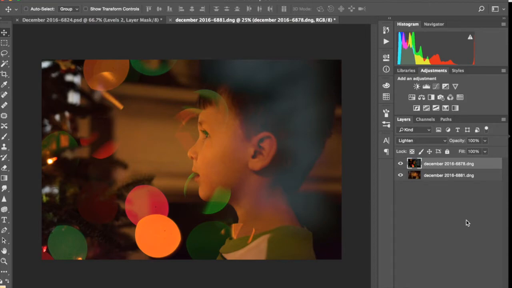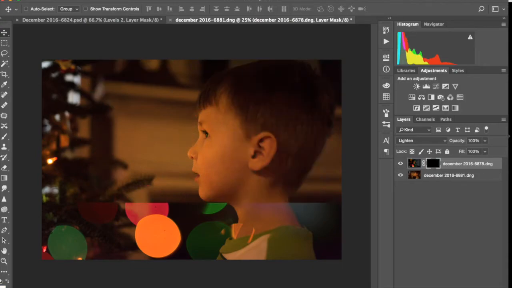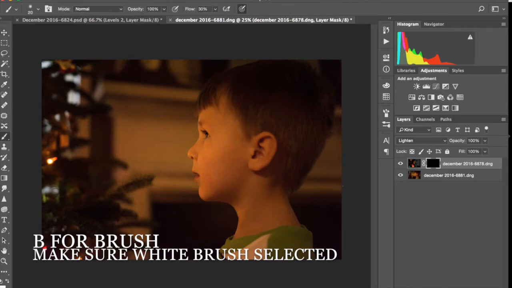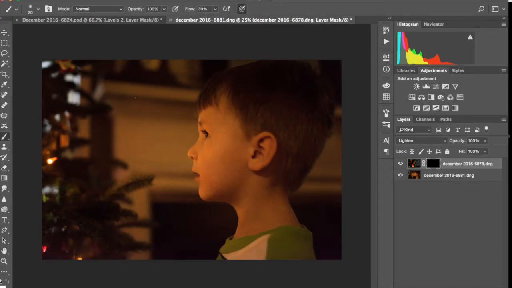I think I'm going to add a mask. I'm going to hold down the Alt or Option key while I click on my mask to bring up a black mask. And then I'm going to hit B for brush. I already have my white brush selected. My flow is 30%. That's pretty good. I'm going to use my right bracket key to get me a little bit bigger here. And I think I'm just going to kind of